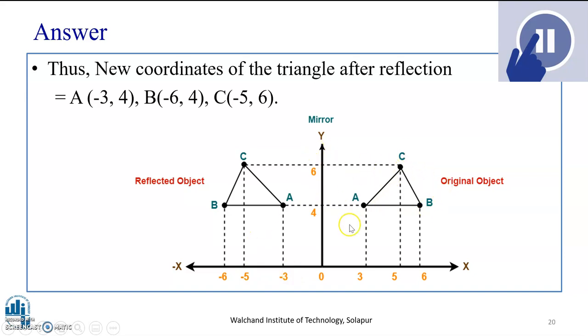This is the graphical representation of the same problem, original object and reflected object. When you solve a particular problem for reflection, it is very essential that you understand which axis is being reflected about, and based on that you get the mirror image. Now, dear students, I assume that you have understood the concept of two-dimensional reflection, reflection along the x-axis and reflection along the y-axis, and how to solve and represent the given problem.